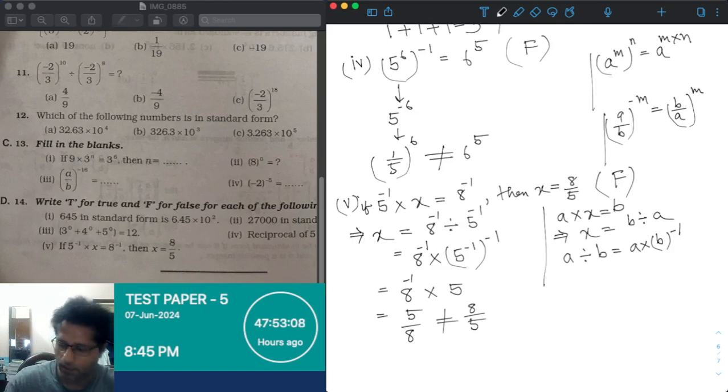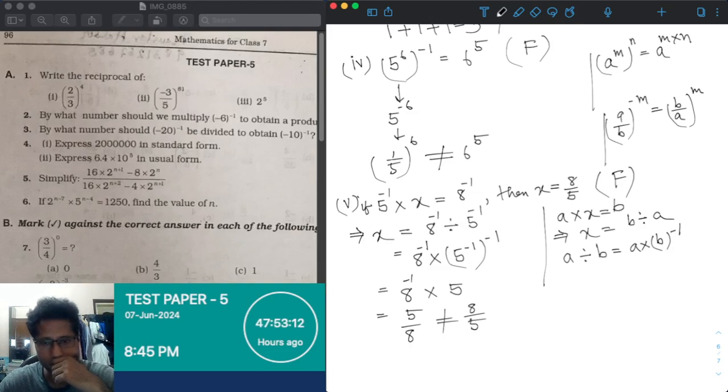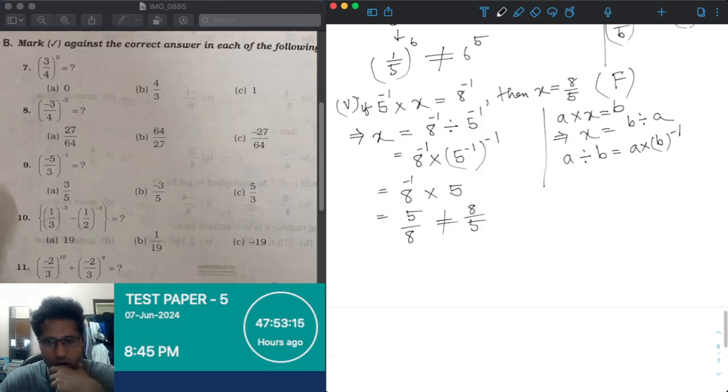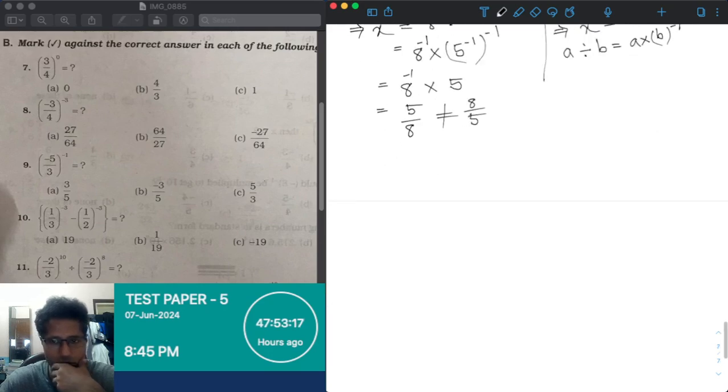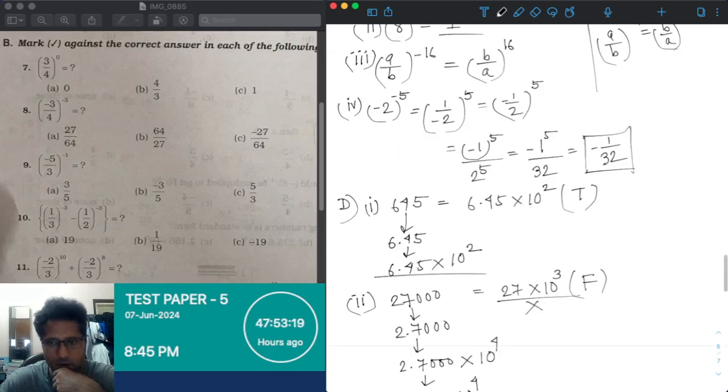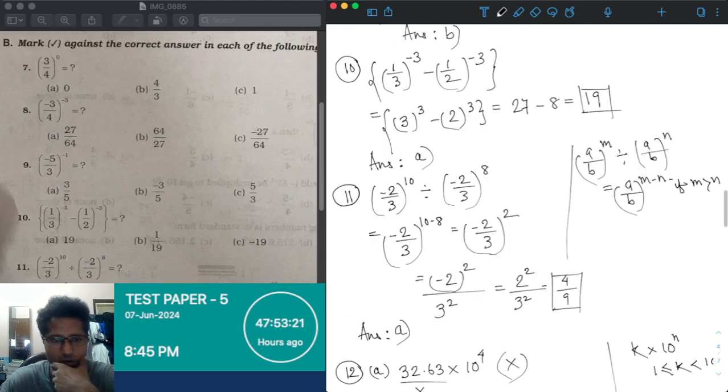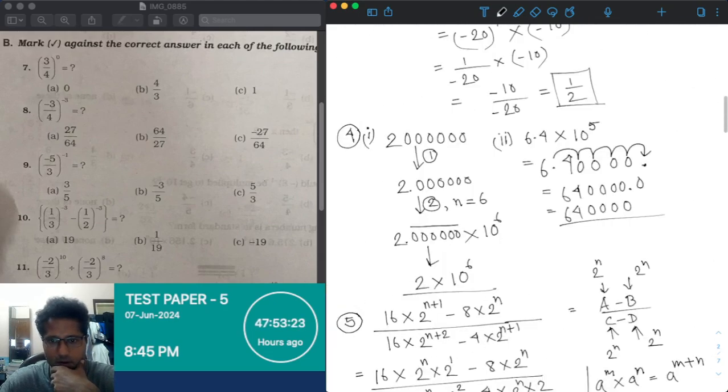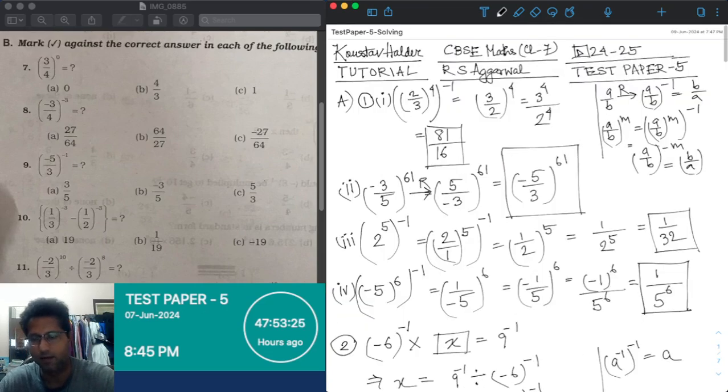Okay, that brings us to the end of solving test paper 5. I don't know how many questions I did correctly because I don't know the answers. I hope solving this paper will be beneficial to you in understanding how we apply the concepts of exponents to solve the variety of problems covered in the textbook